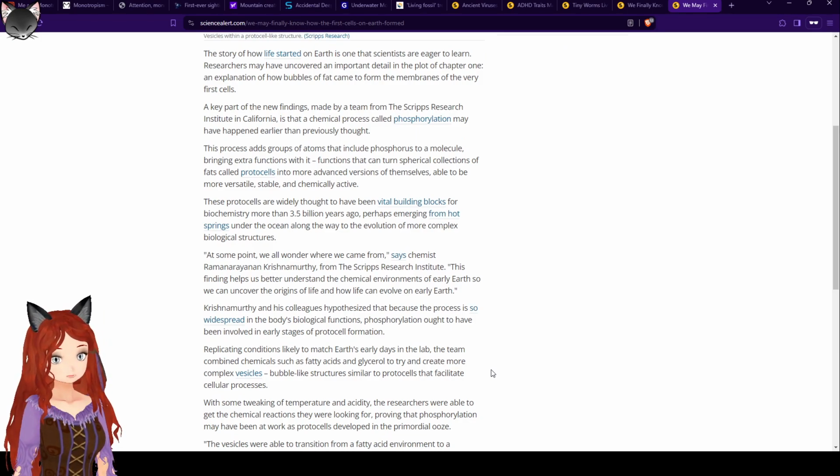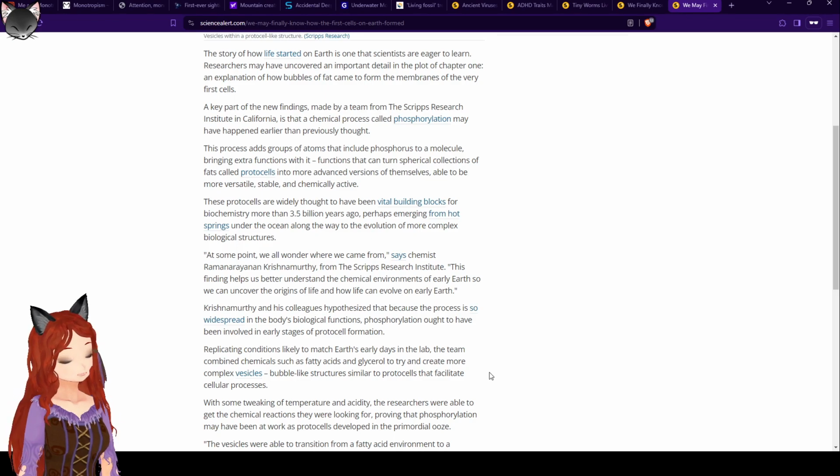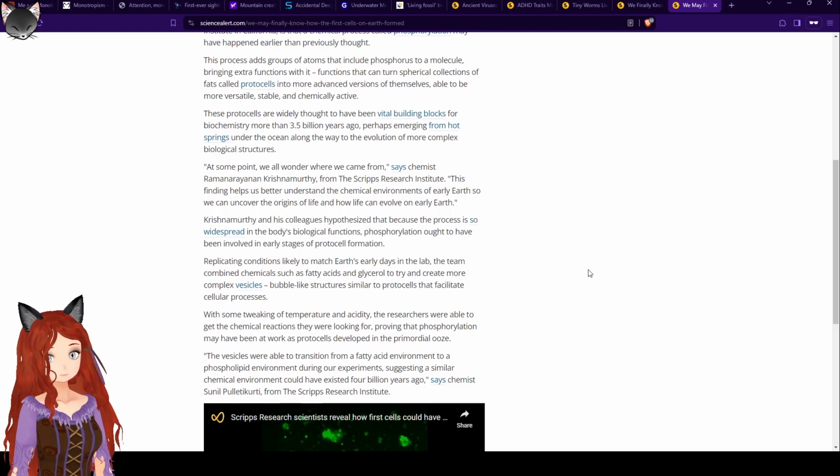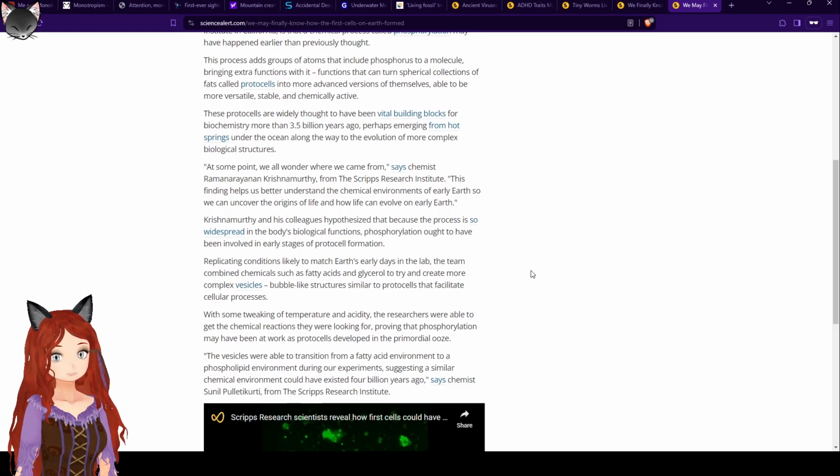The scientists hypothesized that because the process is so widespread in the body's biological functions, phosphorylation is thought to have been involved in the early stages of protocell formation. Replicating the conditions likely to match Earth's early days in the lab, the team combined chemicals such as fatty acids, glycerol, to try and create more complex